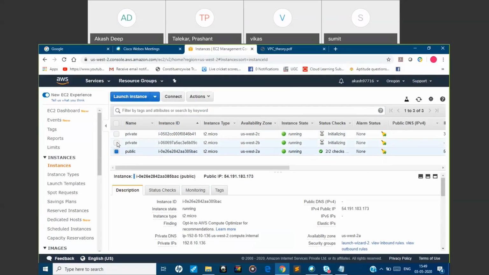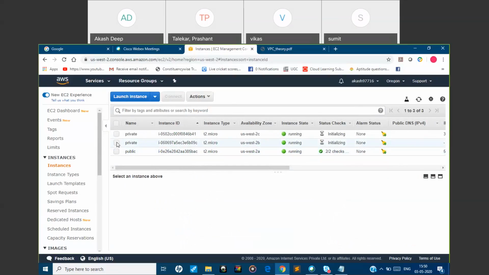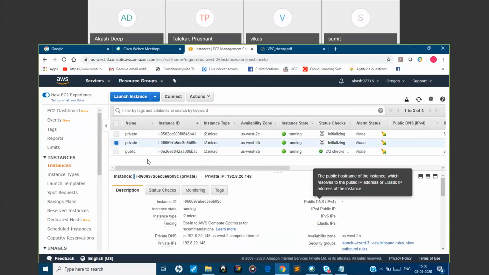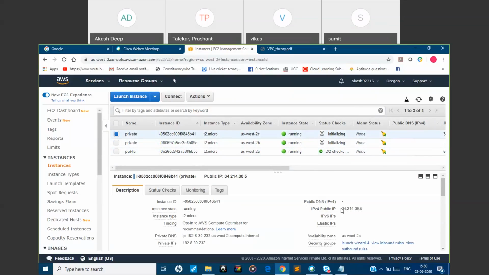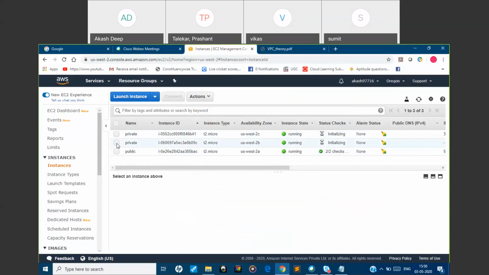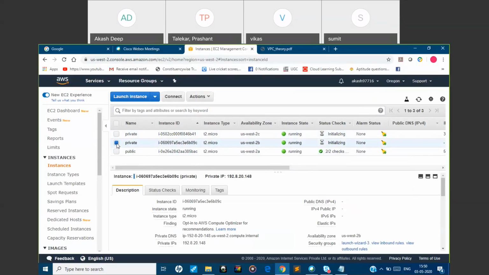So now what to do? Now we will be trying to log in to these instances. If we go to this private one, we had associated auto assignment of IP, right? So that's why it got assigned here. But in the other one we did not do any such thing. So what will we be doing? We will be associating one.